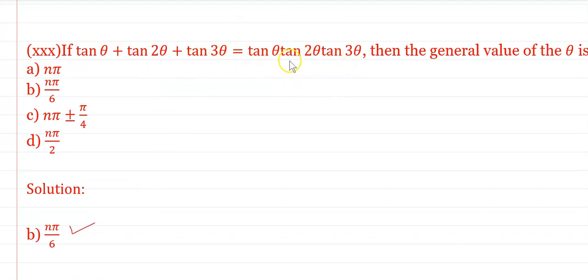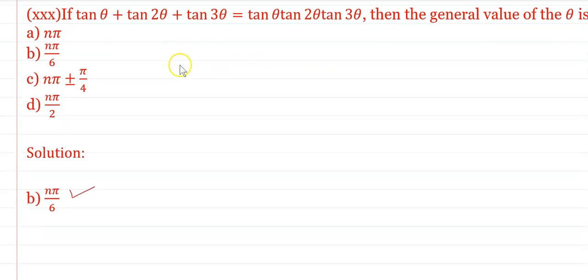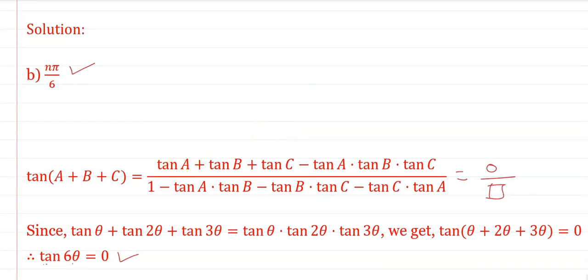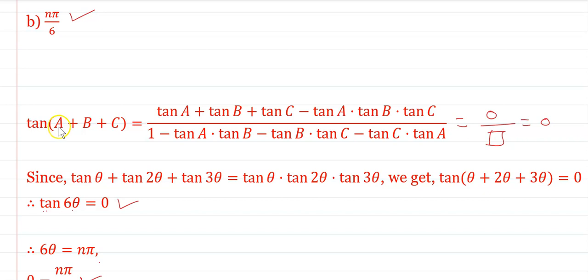If we take this term to the left hand side, it will become minus, and overall right hand side will become 0. Similarly here, tan of A plus B plus C is equals to tan A plus tan B plus tan C minus tan A into tan B into tan C. This numerator becomes 0. Then whatever the denominator, overall it will become 0. But we have the angles, what are the angles given to us? That is theta, 2 theta and 3 theta. Their addition is 6 theta, so tan of 6 theta